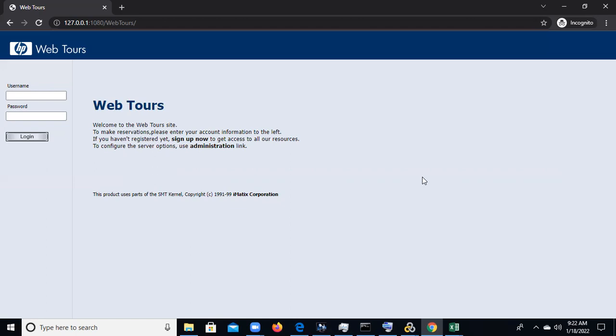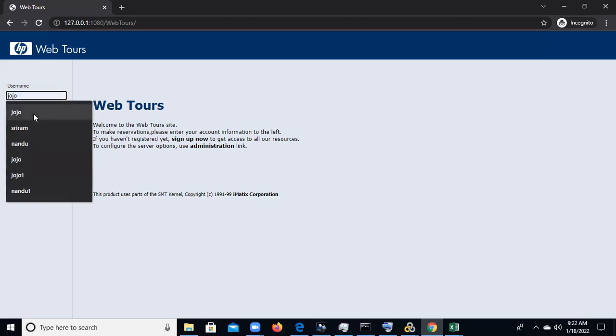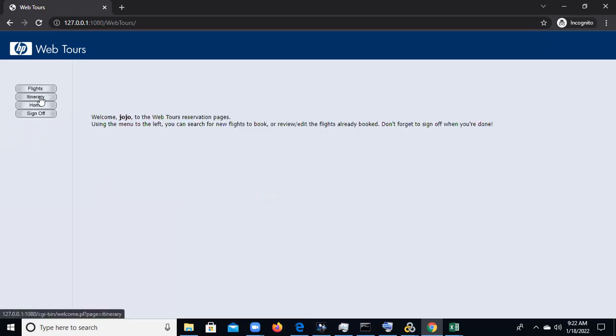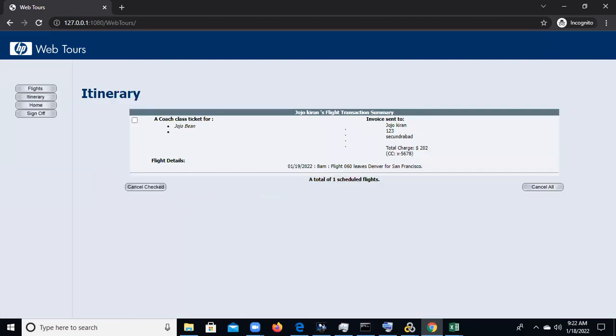You need to go to the application and log in with the value you are using. For example, I did it for the user Bean only, right? Once the scripting is done, you can go here, click on itinerary and check whether it is deleted or not. If it is not deleted, your script has not worked successfully. So we need to check the front end also. Sometimes we have booked the ticket also, and we can check in the itinerary here.